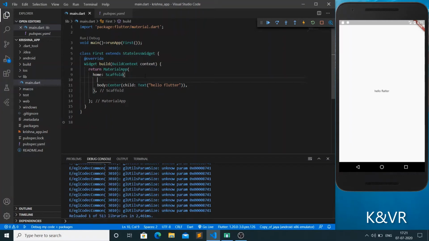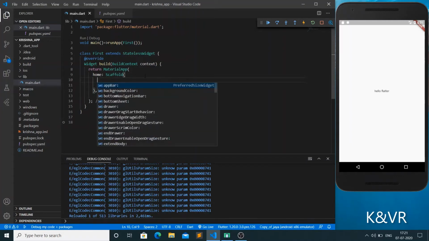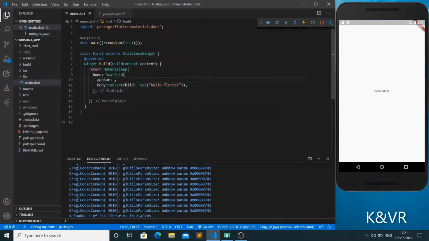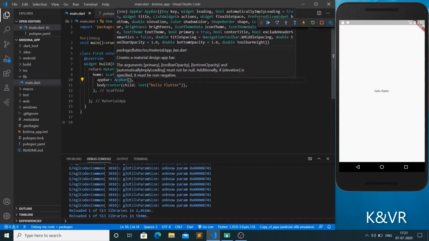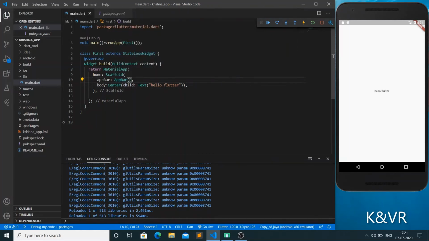If you want a suggestion, just press the control space button, and it will show suggestions. Just click app bar, and next we are creating the app bar widget. Whenever you are creating a widget, the first letter should be capital.